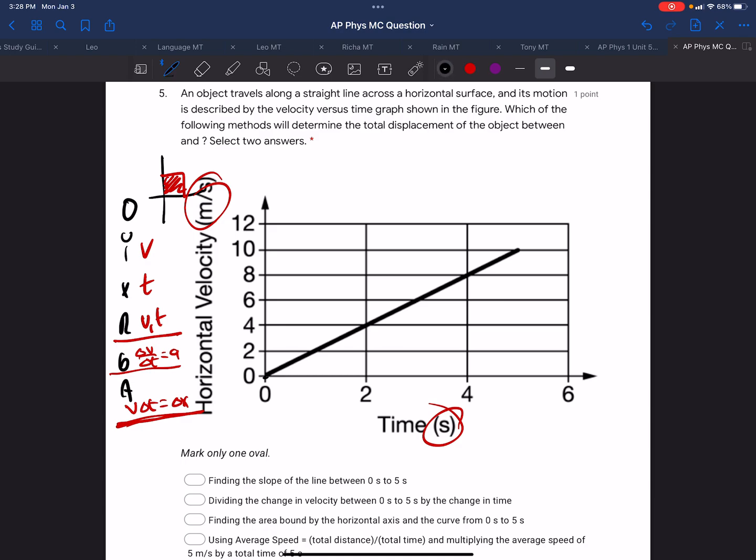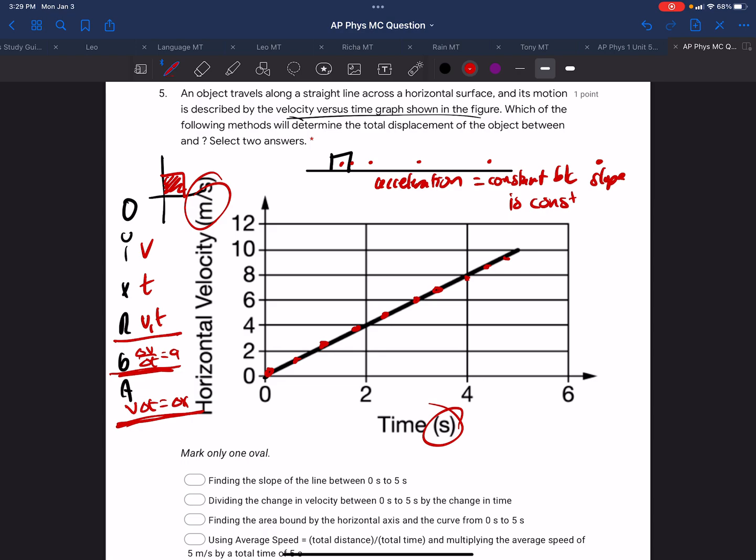So we have a straight horizontal surface, and we have the velocity time graph shown below. So what we see is over time, we have this velocity, and the velocity is increasing. So if there's some object, and it's moving over time, its motion dot diagram is going to look like this. It's going to show acceleration. Now, acceleration is the slope, and we see it's a straight line, so the acceleration is constant, because the slope is constant,